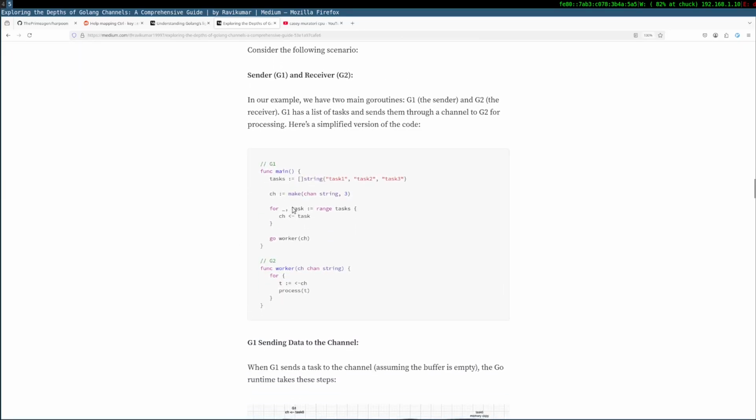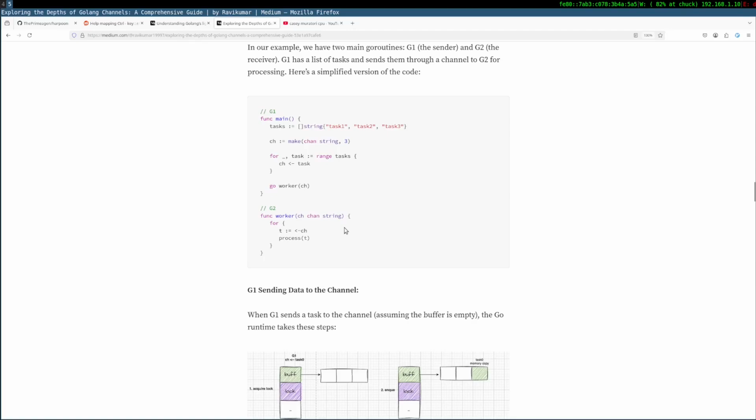Sender and receiver. Okay, let's just say I have an array of strings task1, task2, task3, and a channel of size 3. So I do a for loop on the task range, and I push tasks into the channel. So go worker, and I pass in the channel, a channel of type chan string.